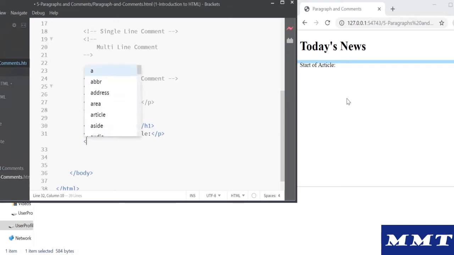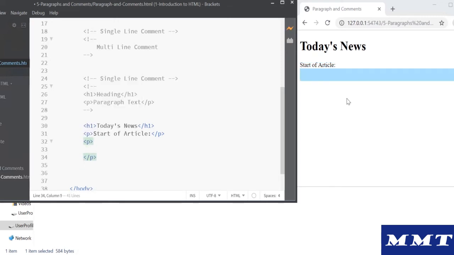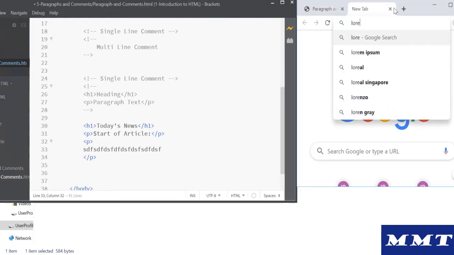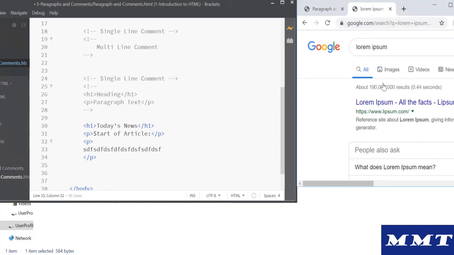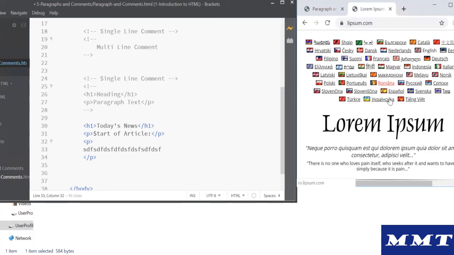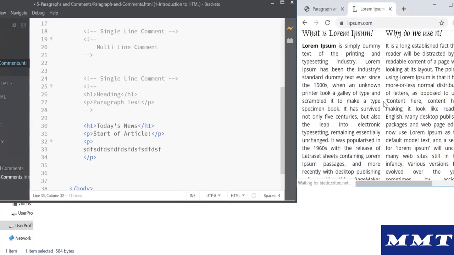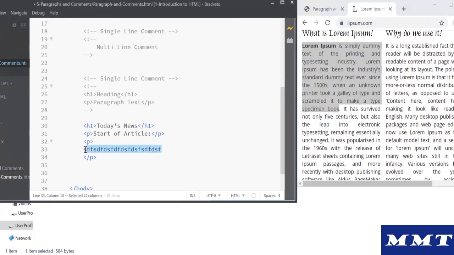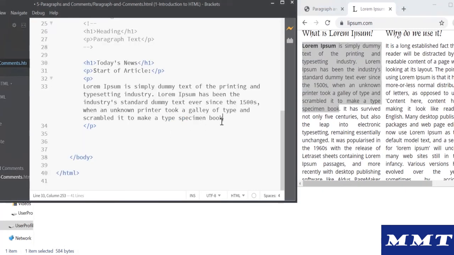Okay, and I want to paste some content here. Typically when you want to paste content, you tend to do this, right? There's a better way to write all that garbage. This is called lorem ipsum. If you're hearing lorem ipsum for the first time, this is like garbage content. You can paste it anywhere you want. I'm gonna copy this up. It's dummy content with no specific meaning to it. And it's famous on the web. Many websites use this to fill up their page.